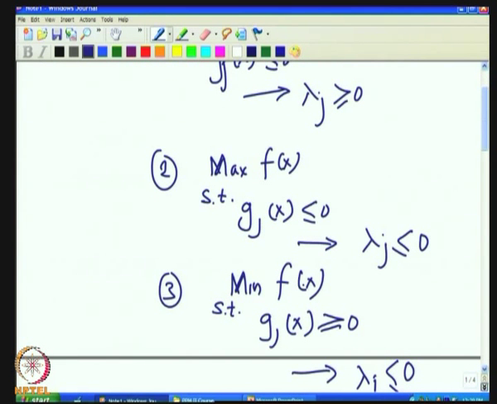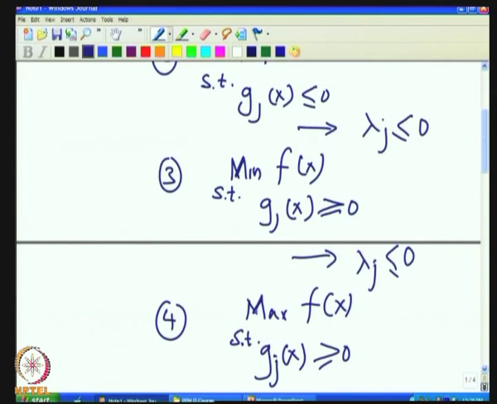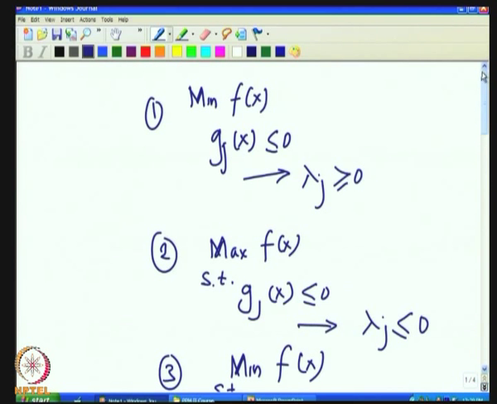Objective function minimization, constraints greater than or equal to 0, then lambda j's must be negative. Objective function maximization, constraints greater than or equal to 0, then lambda j must be greater than or equal to 0. So, just remember one of them, that is this particular form: minimize f of x subject to g j of x less than or equal to 0, then lambda j must be greater than or equal to 0. Remember one of them,